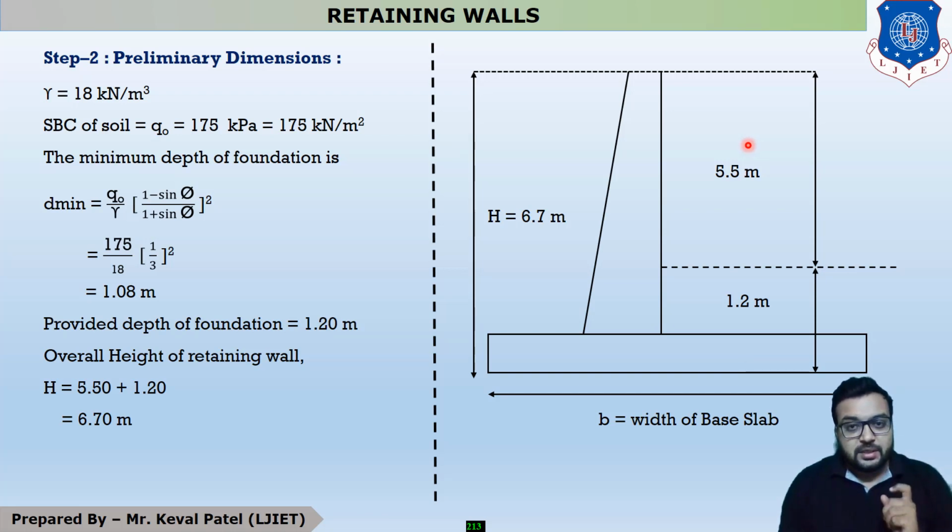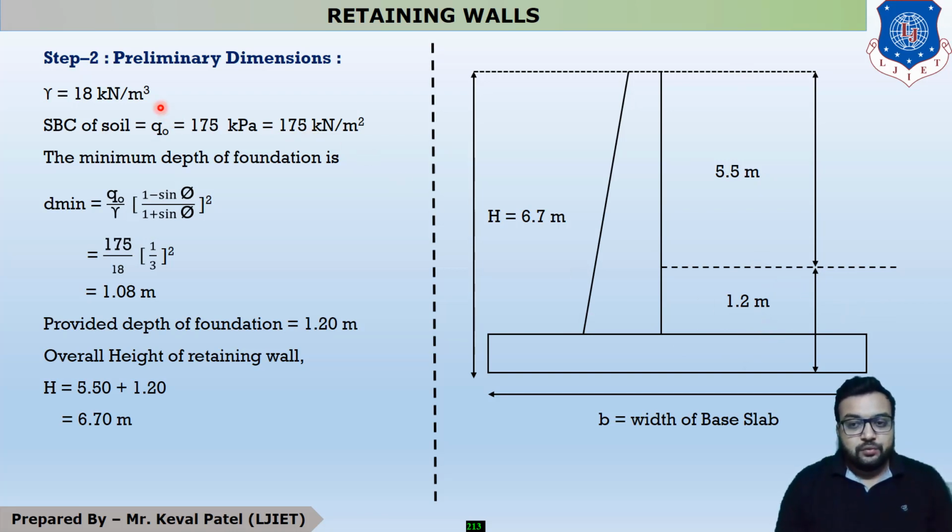And students, you all know that with the increase in the height, the pressure will increase. If your pressure increases, your force is increasing. And if your force increases, your moment will be high with the increase in the height. Therefore, with the increase in the depth, you can say that the stem's width also increases with the depth, because maximum pressure is at the bottom of the stem.